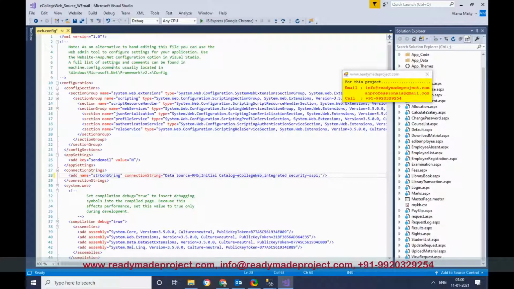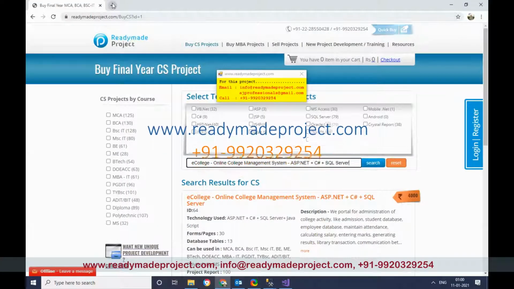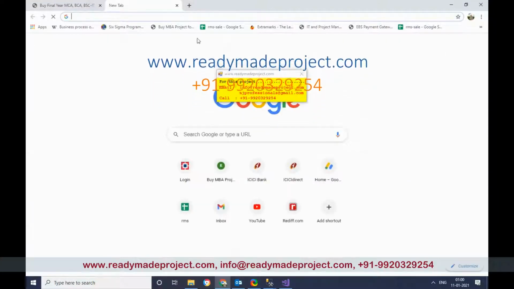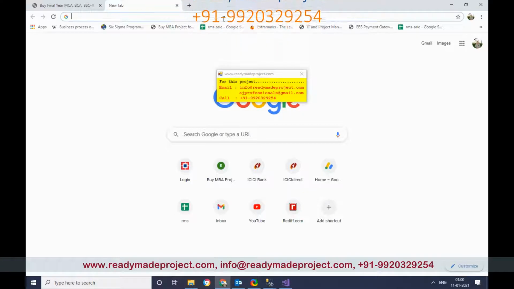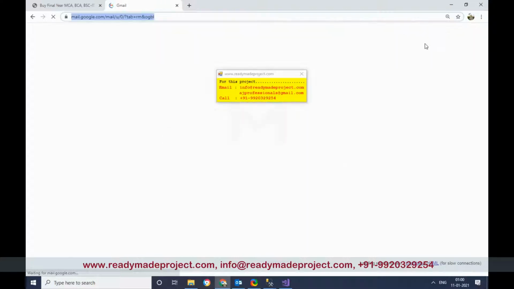And save this. For email functionality, you have to first create one Gmail account. Okay, so you just create a new Gmail account. We'll show you how to create that one. So you know how to create a Gmail account. Once the Gmail account is created, you have to go to settings and allow access to less secure apps.